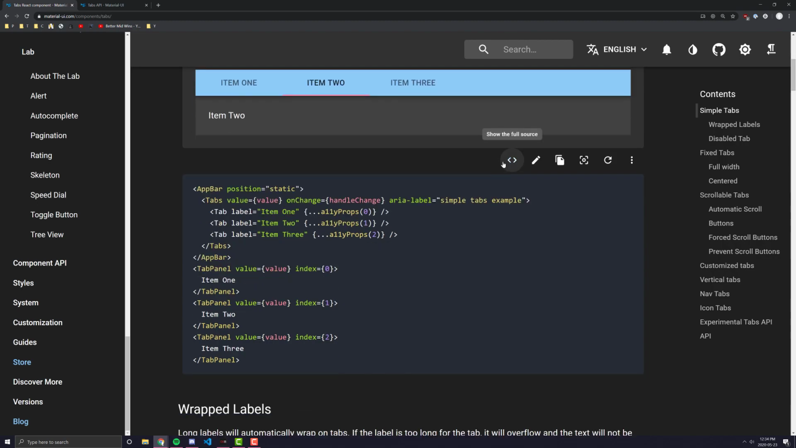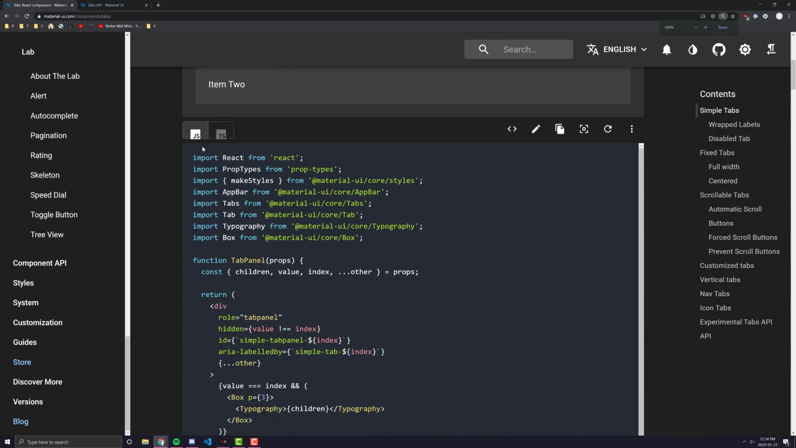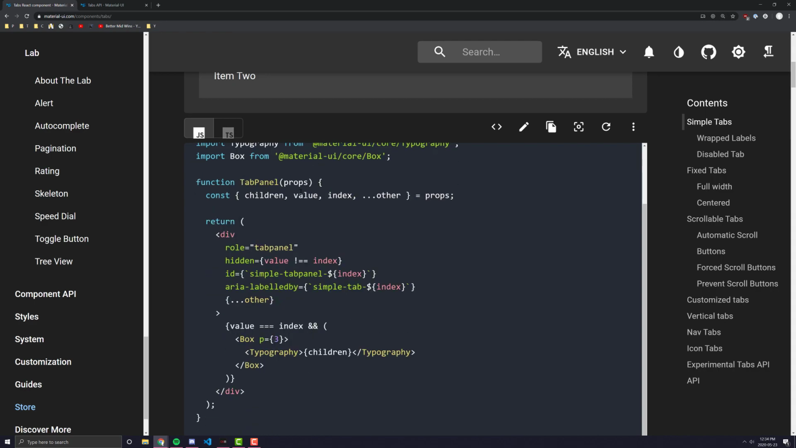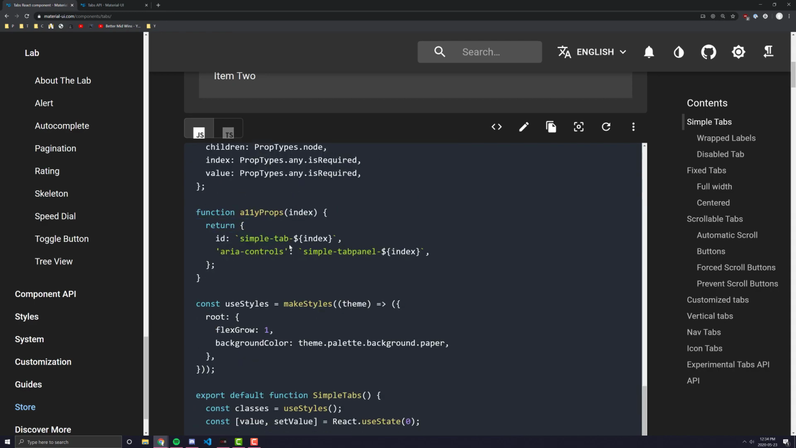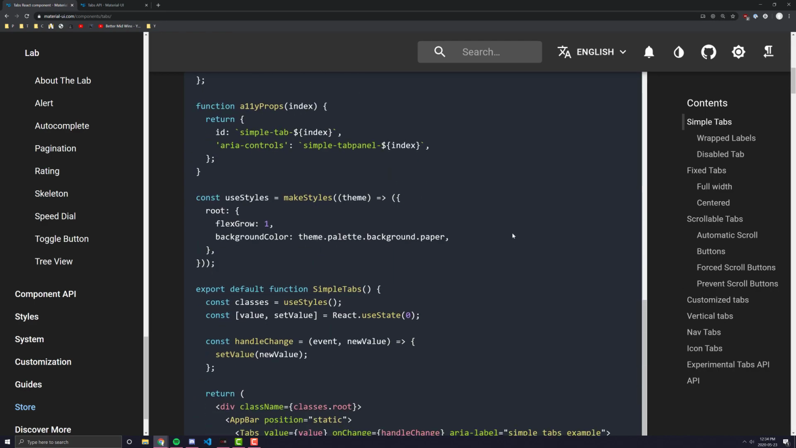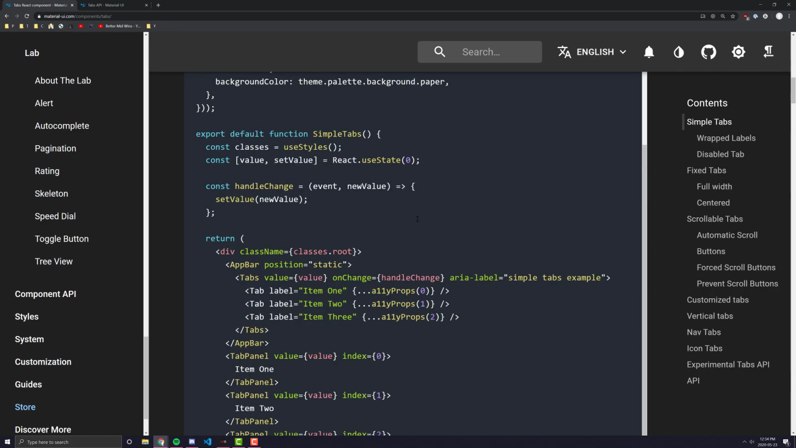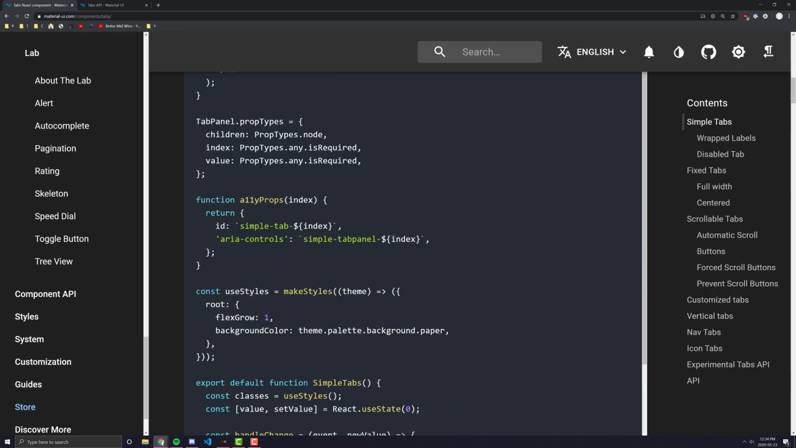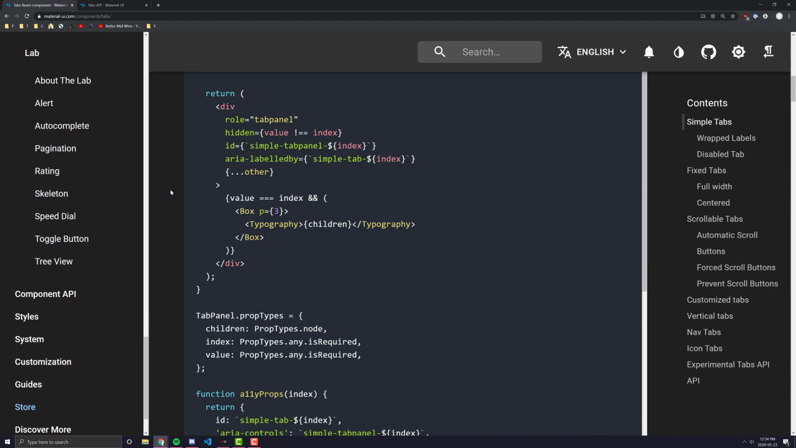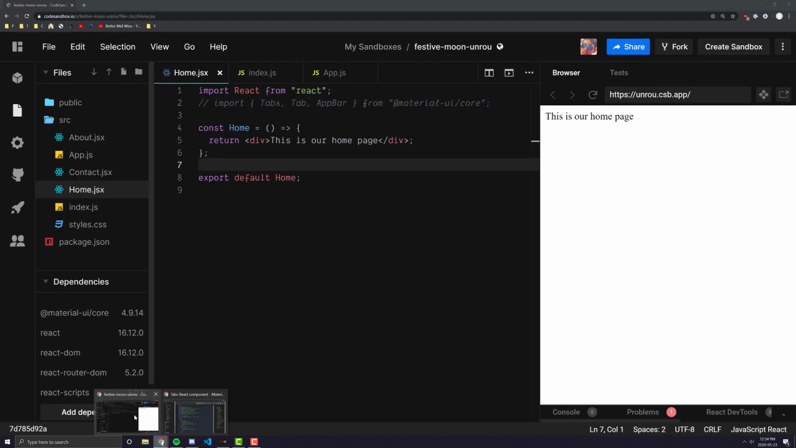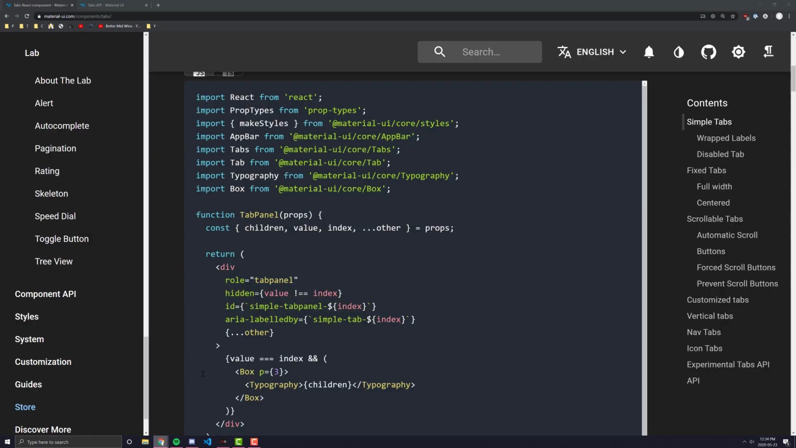Now if we go ahead and expand this code, it's actually not as simple as it might seem. In fact, it looks quite complex. And the good news is it doesn't actually have to be this complex, and let's quickly just run through what is going on here before we go into our own example and show you guys how to do